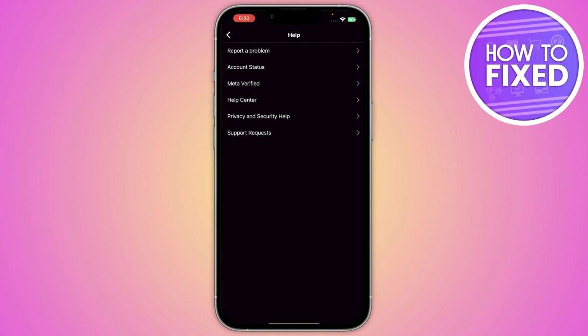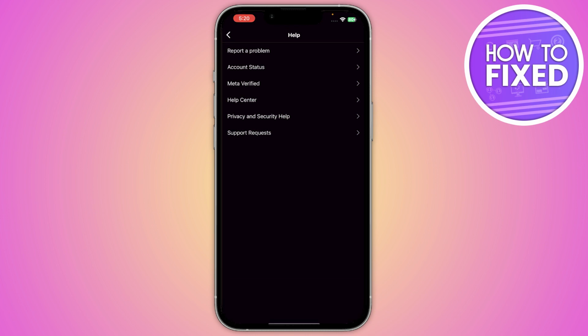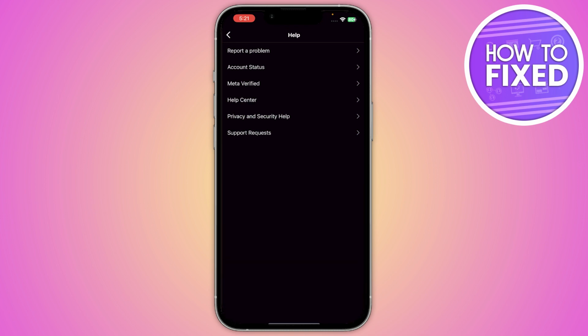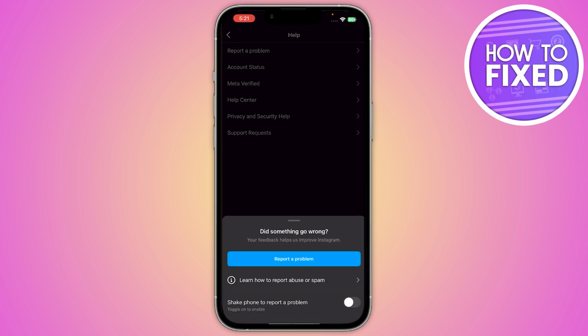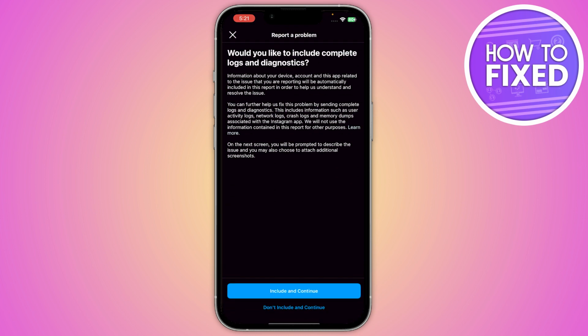You have to click on it, and from here you just have to go to report a problem, and from here you just have to shake your phone, and after that you are able to report a problem. Or you can also turn off this option to shake phone to report a problem. After that you just have to simply click on the report a problem,